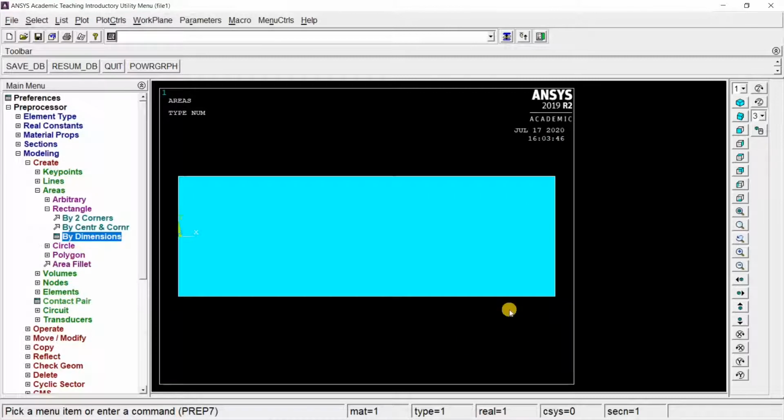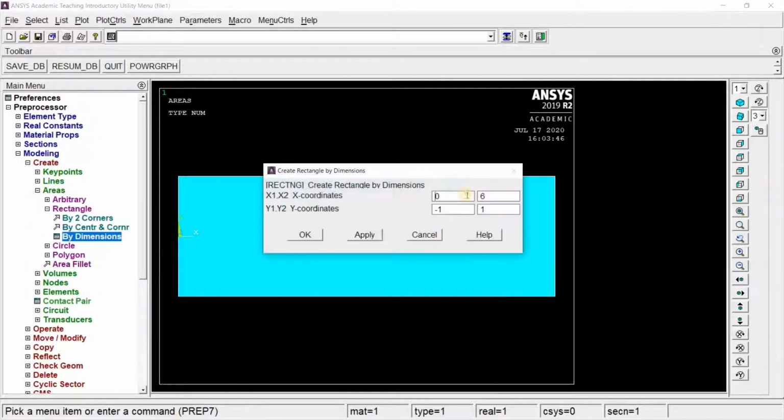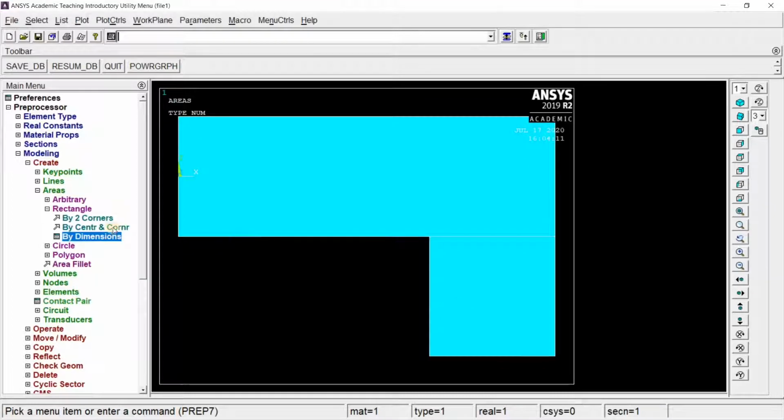Now the rectangle is created. Next we must create the bottom rectangle. For that, the dimensions are x1 is 4 and x2 is 6, y1 is -1 and y2 is -3. Now the bottom rectangle will be created.